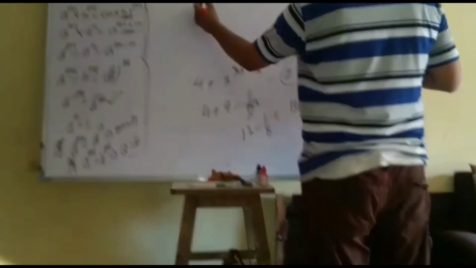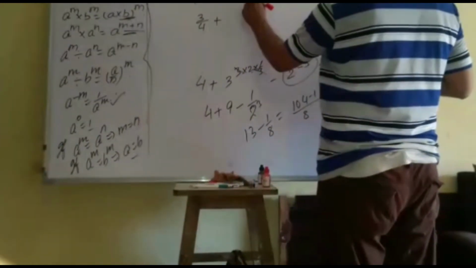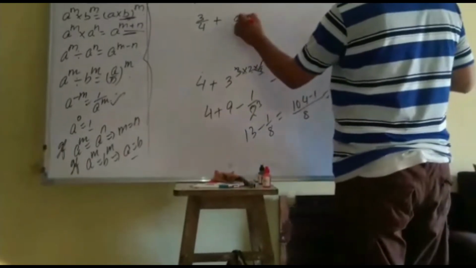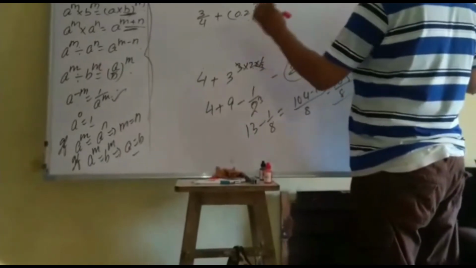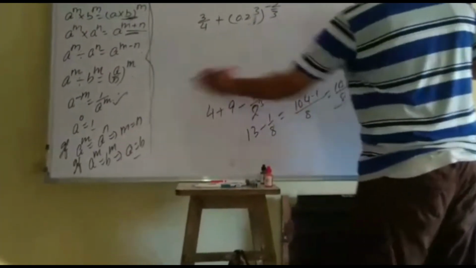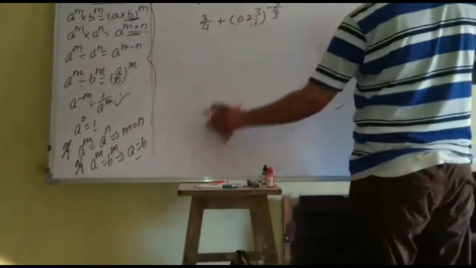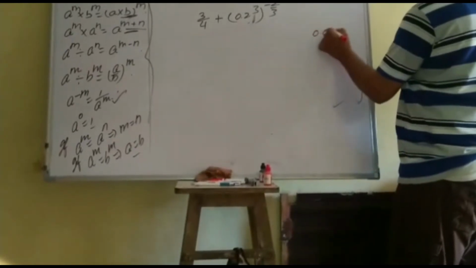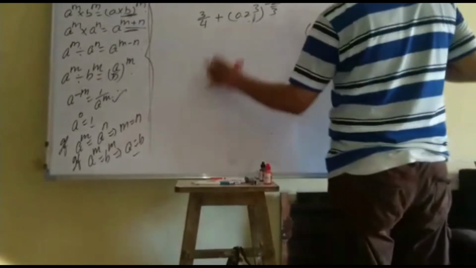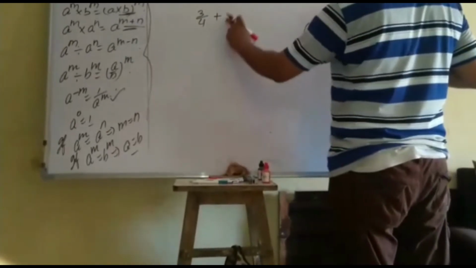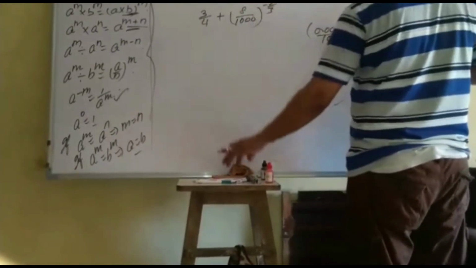So 9 by 16 means how much? It is 3 by 4. Now a decimal is there, so can I write 0.008 as 0.2 cube, raised to minus 2 by 3? Or if you are having doubt, don't get upset about it. If you are not getting it directly, you can do one thing. Instead of that, you can write 0.008, the point cancels, as 8 by 1000. Like this also you can do. It will be easier for you. So 8 by 1000 raised to power minus 2 by 3.